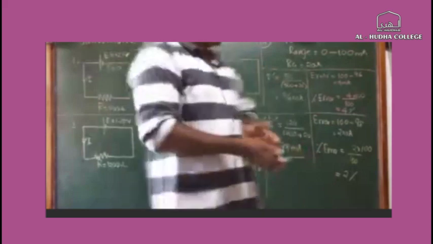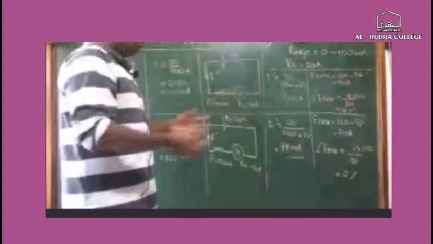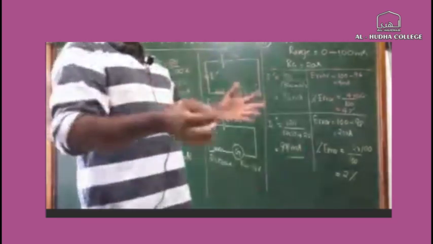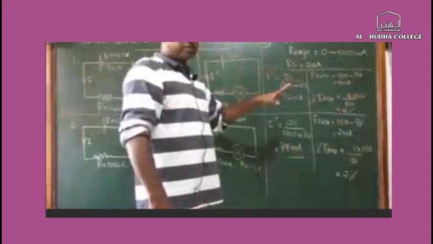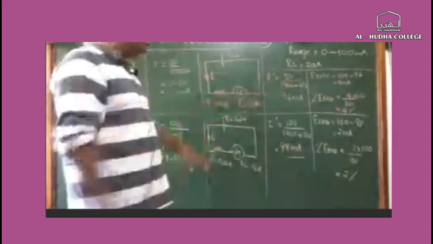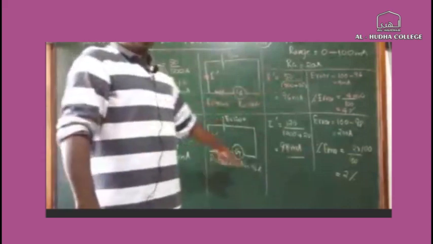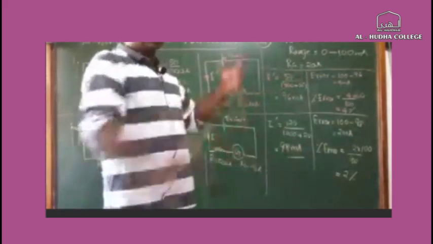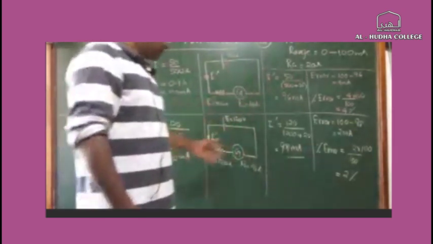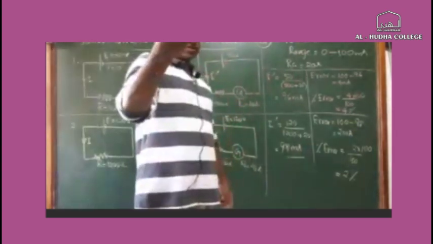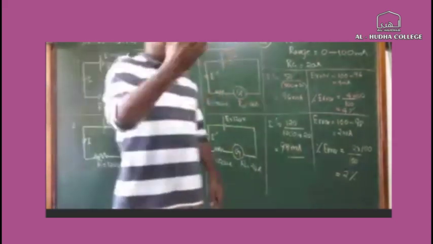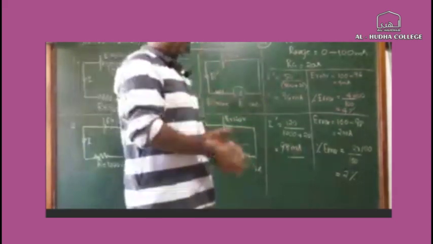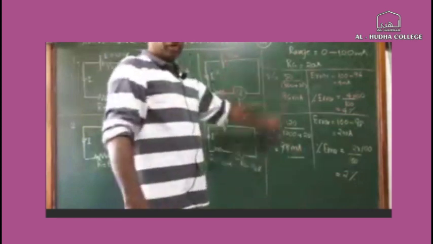Because when the load resistance is very much higher than the galvanometer resistance, the effect of the galvanometer resistance is less, because the current is mainly influenced by the load resistance, not by the galvanometer resistance, because there is a big difference, right? So by selecting galvanometers with an internal resistance small compared to the load resistance, we can reduce the error percentage, right? So that is the main idea that we get from here, right?